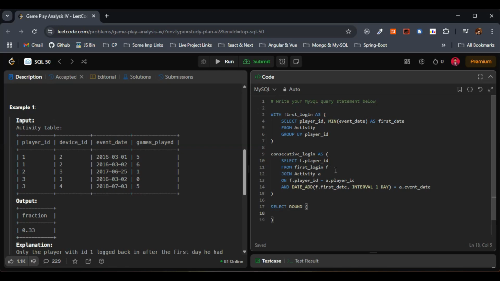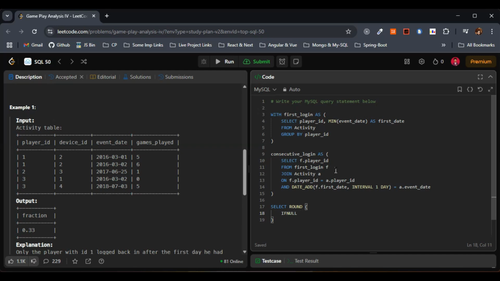So within this one, we have to count the players with a consecutive login by total number of players. That's what we did in the example, while I considered the first example, and I showed it in the third step in the approach as well. So we went with 1 by 3 for the first example, and we got the solution 0.33, right? So that's what we'll be doing. We will be counting the players with a consecutive login by the total number of players here in this case,